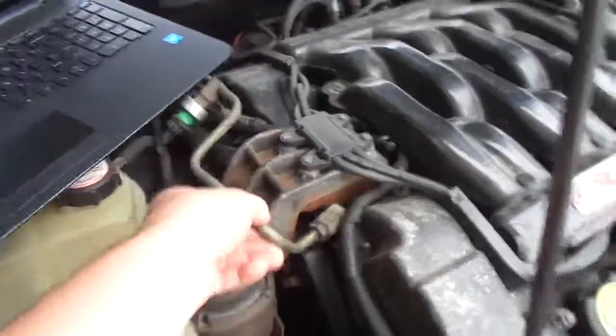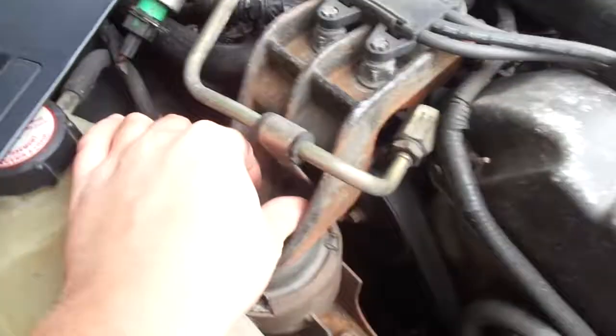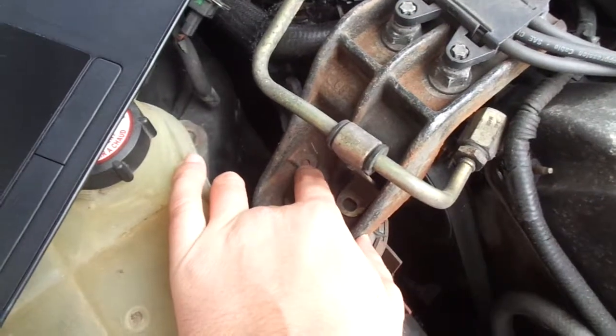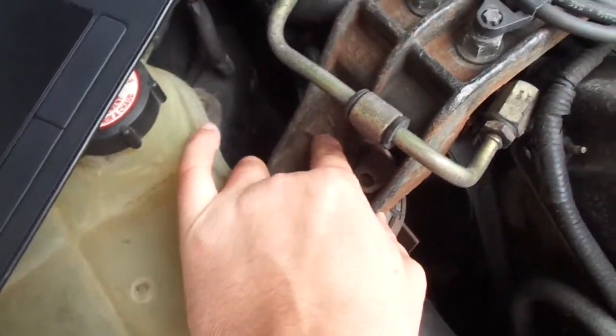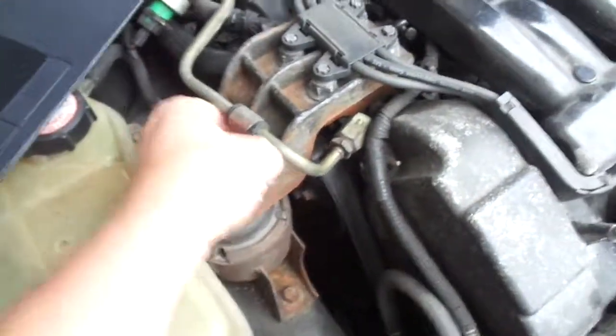It needs a power steering pump. This line is basically shot. This is a known problem with these cars. The motor mount right here, there's supposed to be the screw that goes in it, they snapped it off clean on the motor mount. So unless you tap and drill this, you have to get a different motor mount, but I have another motor mount to go in it. But that's where that's actually supposed to go. And there's a ground